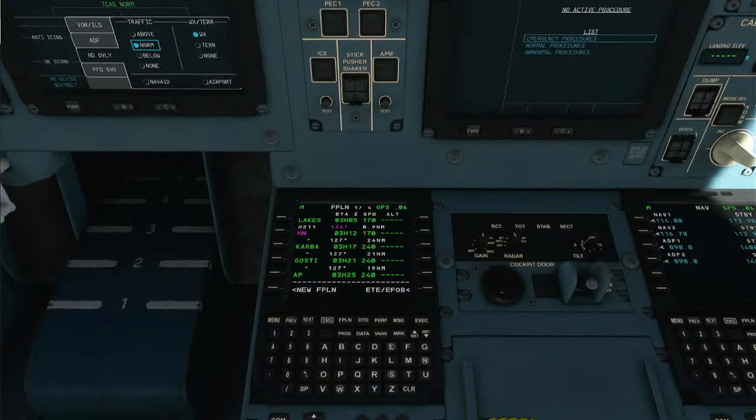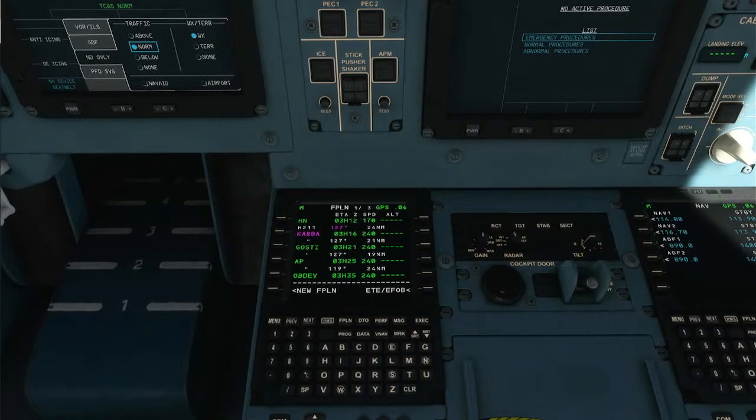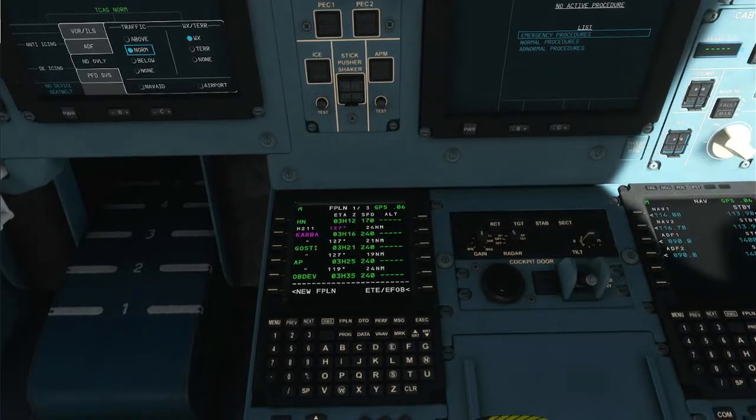No, I think we'll just stick with this RNAV landing. It seems pretty straightforward. And this VOR one looks okay, but